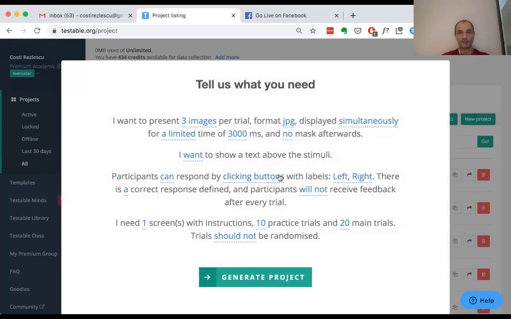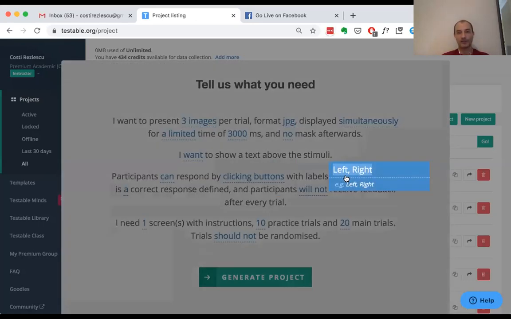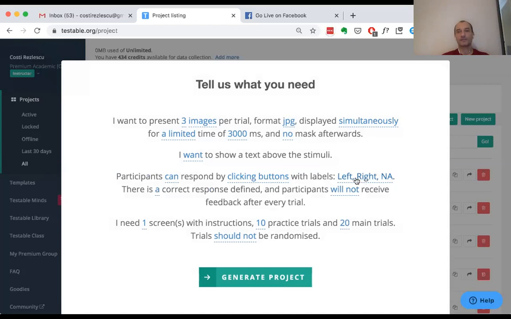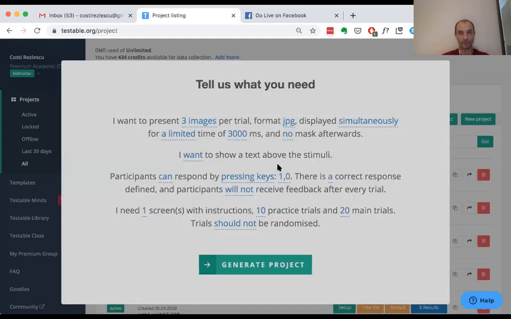If you want to select clicking buttons, you need to define the labels for the buttons. And depending on how many labels you have here, that's how many buttons you will see on the screen. So if I write here as well NA, let's say, so left, right, and NA, then I'm going to have 3 buttons on the screen, left, right, and NA. Let's go with pressing keys. For this demonstration, you can also define whether you have a response correct in your experiment, predefined. Let's go with that. And if you want to present feedback for participants or not. And that's it about